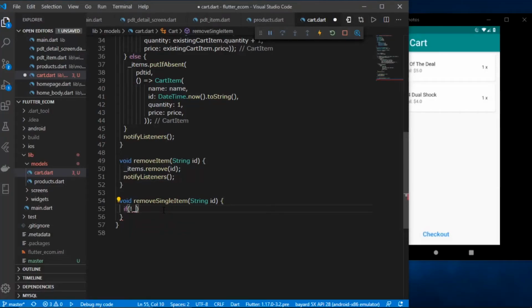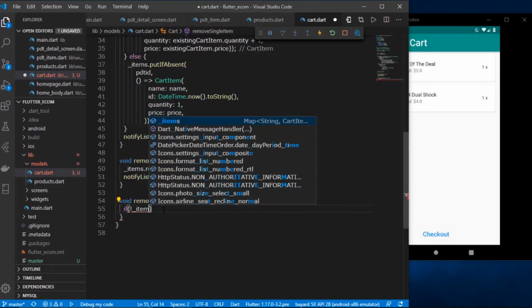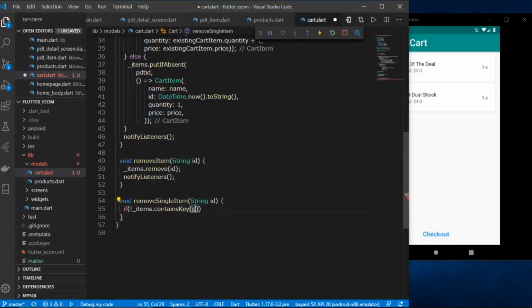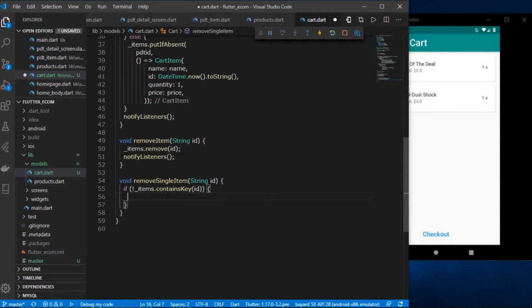So if the items with that particular product ID is not present, as you can see I am using this exclamation, which is going to negate this statement. So this one would be the ID, not the product ID. If it is not present, then we are just going to return, and if it is present, so else,